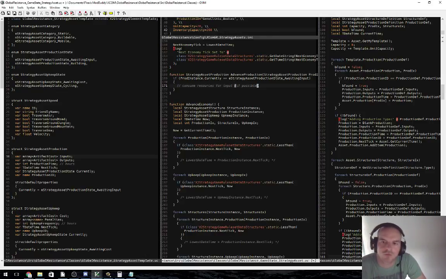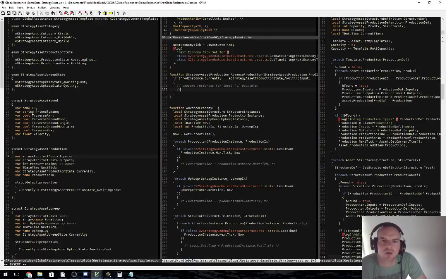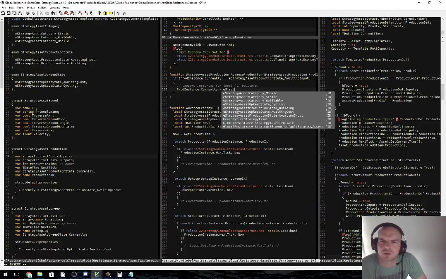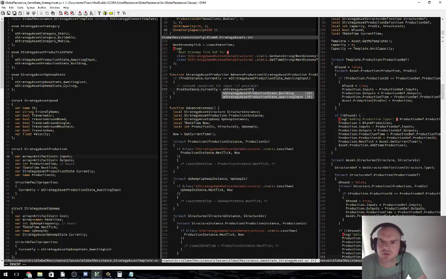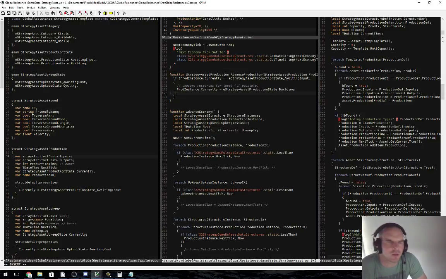So what we'll do once we have the proper economy system in place, it'll be like, all right, do I have my inputs? If I don't have my inputs, then we'll just kick the can down the road maybe an hour or two, and then it will wait and it will retick. Otherwise, we'll set prod instance dot currently to equal e strategy asset production state building. Then prod instance dot next tick will equal